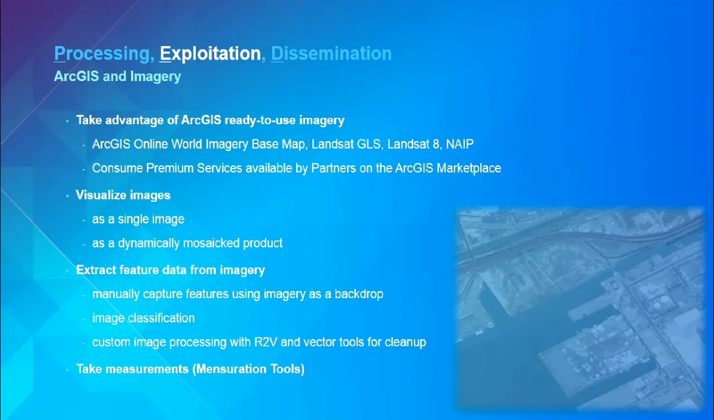In the case of ArcGIS Online, we talked about what those were: base maps, Landsat GLS, Landsat 8, and APE. There's also premium services, such as the Hexagon data set or Airbus data set. So premium services exist in the marketplace as well. But depending on what organization you belong to, there may be the equivalent of premium or other services available to you as well. You can use it to visualize images, but you can also use it to extract information